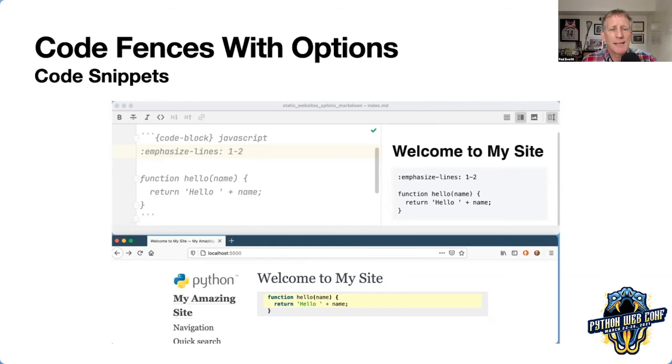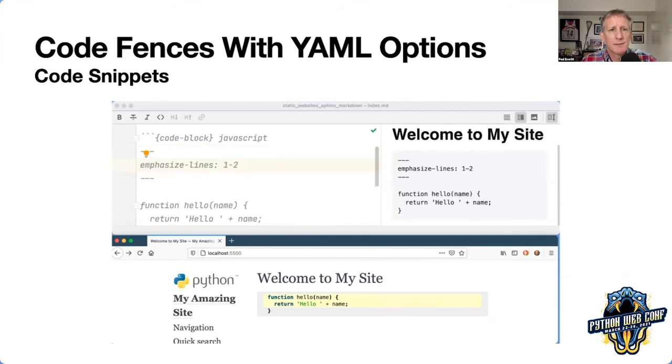So here I've combined a code fence in Markdown and a directive saying code-block and passing an argument to it saying the language. And then I've done some options to say what to emphasize. Now, this means, though, that you've got to cut and paste the code into your Markdown. Well, you know what? Paul doesn't write his projects in Markdown. Paul writes his projects in Python files.